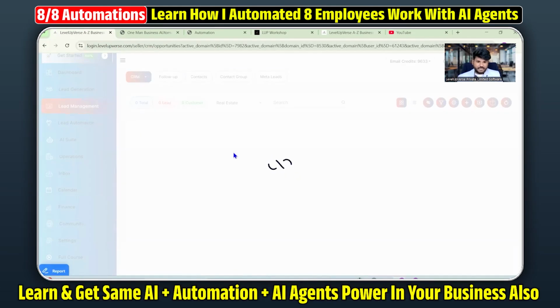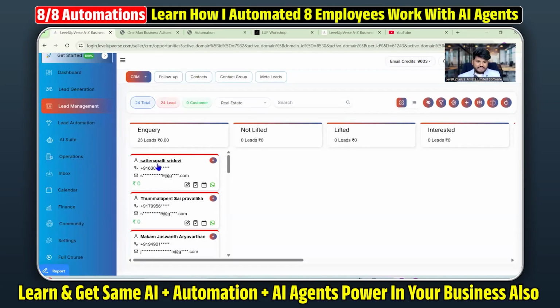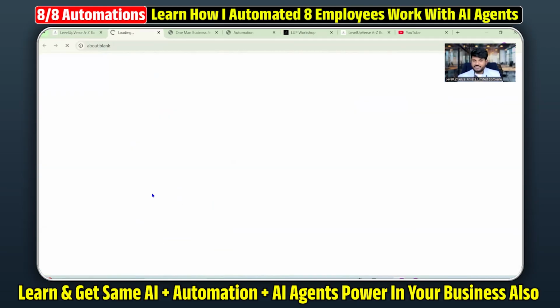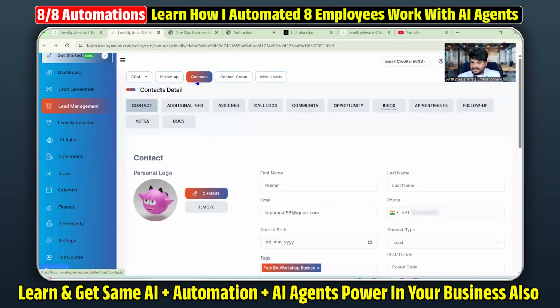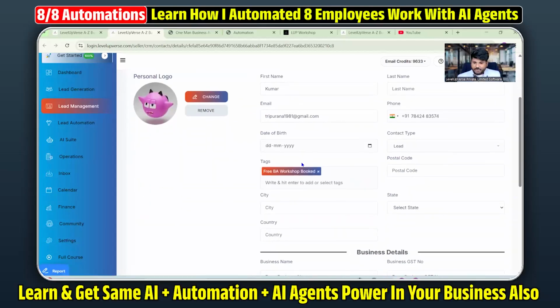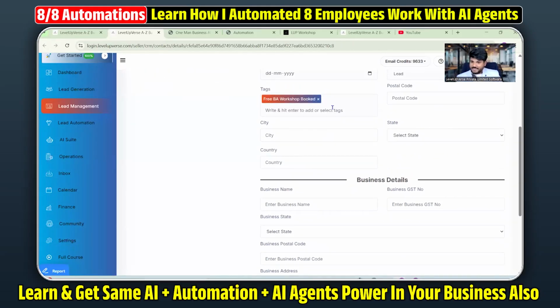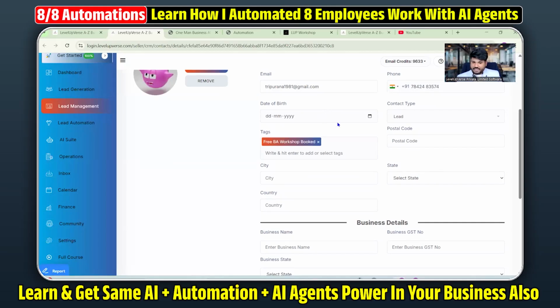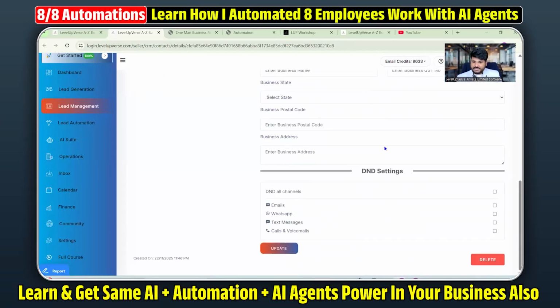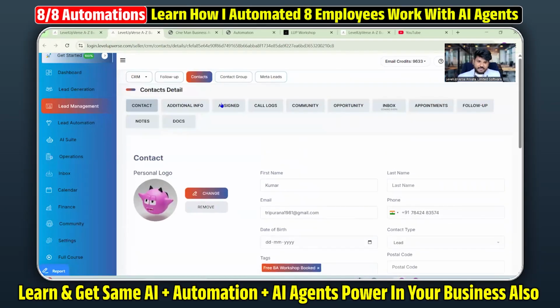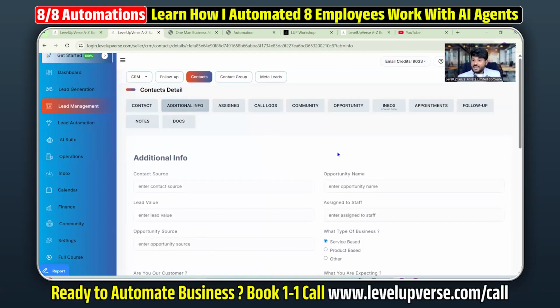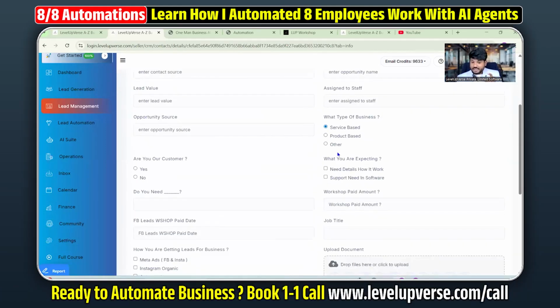That is very important. Suppose I want to manage these customers, so let's take a person, Kumar, a gent person. You see here, the moment I select the contact, there are clear contact details. The person who has the tag, everything I can check. I can add the details: birthday, city, business details, each and everything. And then additional info. This is for my custom data.